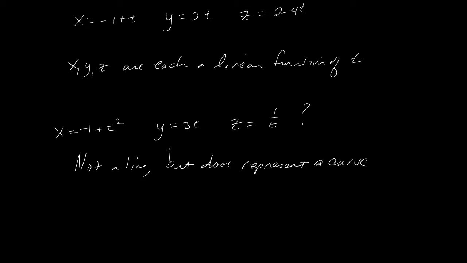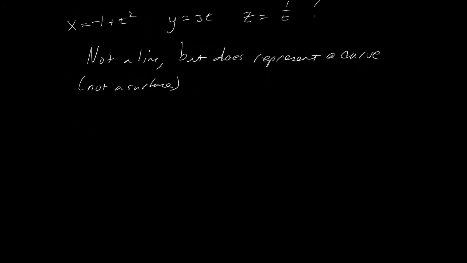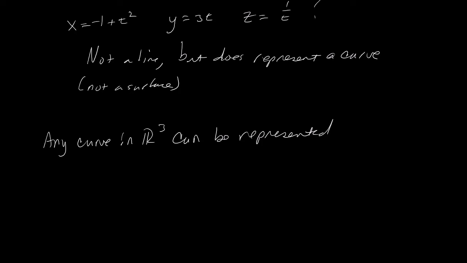Now, it's not a surface, we have full-on equations for those. This is not a surface, this is just a curve. It's just not a straight line. All right, so we have this curve in space, and each of these is represented as functions of t. So any curve in space can be represented parametrically